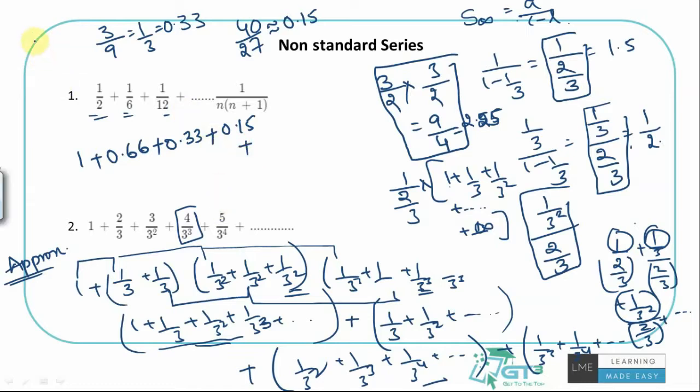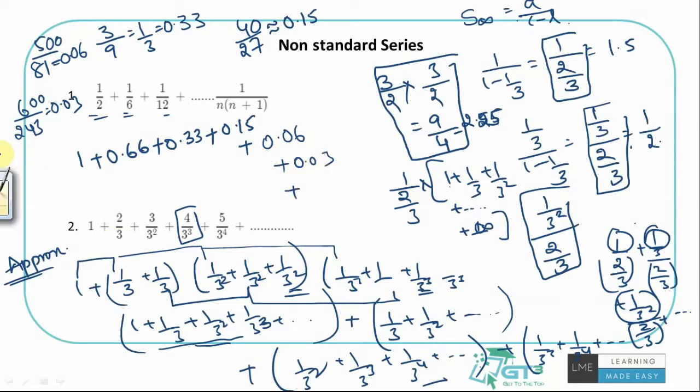5 by 3 power 4 is 81. So this will come to be 0.06. If you go further, 6 by 243, it will be much smaller, like 0.03. Further down, 7 by 729